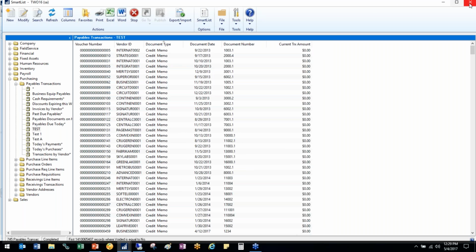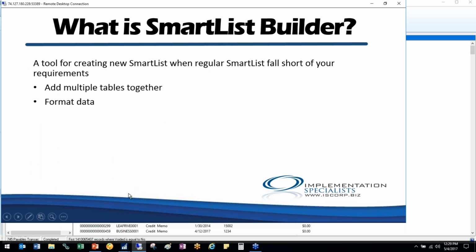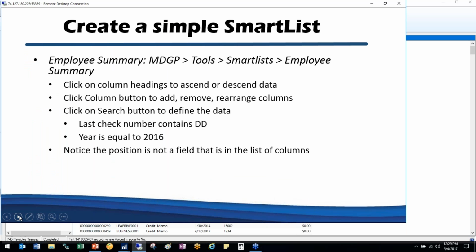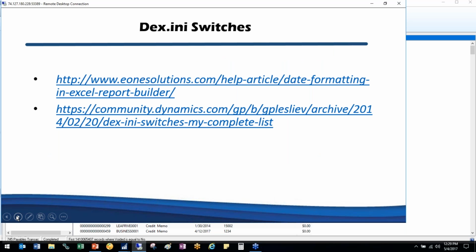So as I said, we've shown you some of the basics of SmartList, how to take it a little bit further with SmartList Builder to add some restrictions and add some additional tables. Let's go back to our PowerPoint then. We created our simple SmartList and saw that our position field was not there, so we had to make some changes. So we added one with multiple tables, and then the two links I wanted to point you to today,